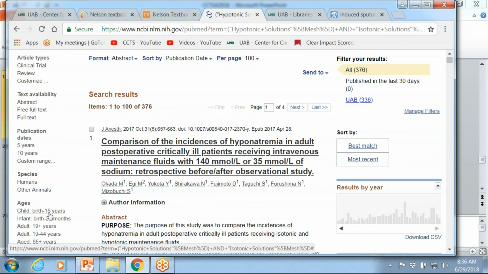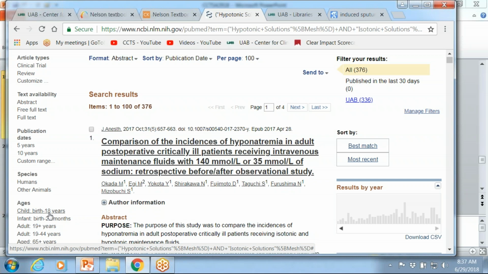Since I'm only doing a MeSH search at this point, it doesn't really matter because I'm only looking in those Medline references. However, if you're doing the search with both Medline and the in-process citations, you don't want to use those age filters because again, it knocks out those in-process citations.